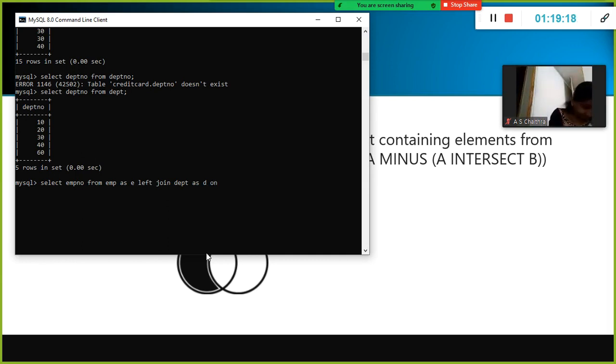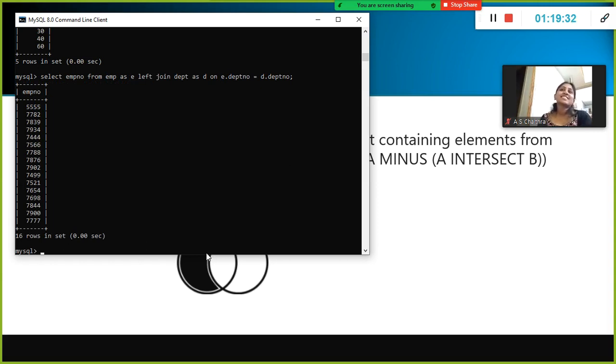On what is that? So E dot depart number equal to D dot depart number. This is my left join. Okay. If I use where